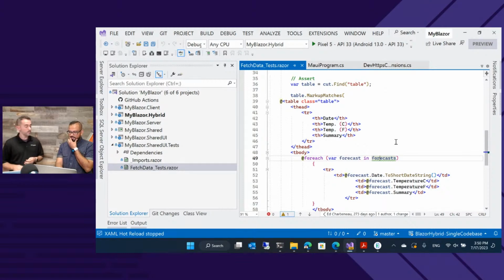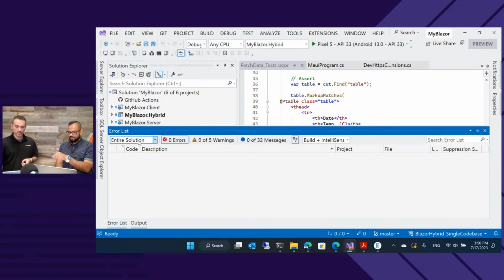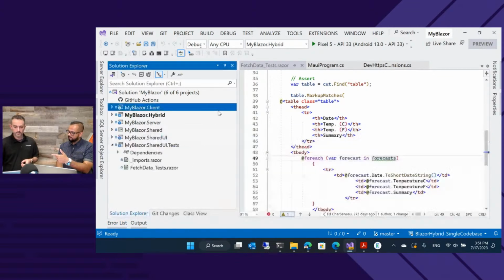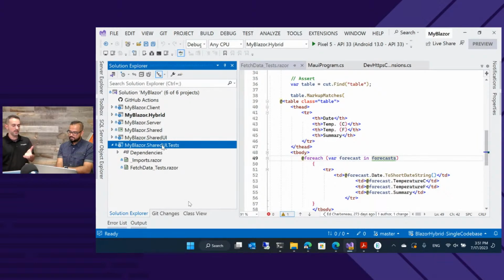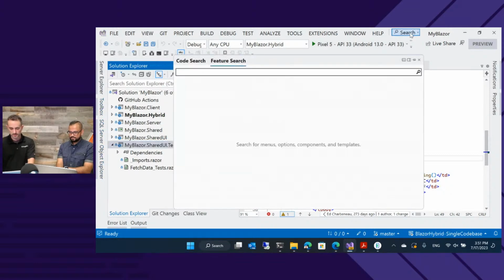So question, I see that you have the unit tests, but do you have like test runners on different devices? If you're just testing the UI, you just run the tests for the UI test project. So if we do that, and where did my tab go? I always lose this guy. If you do lose it, you can just go up to search and say test runner, and it should just pop up.